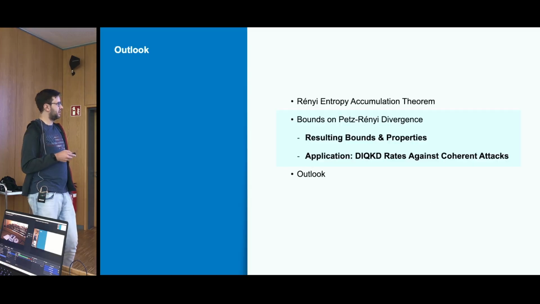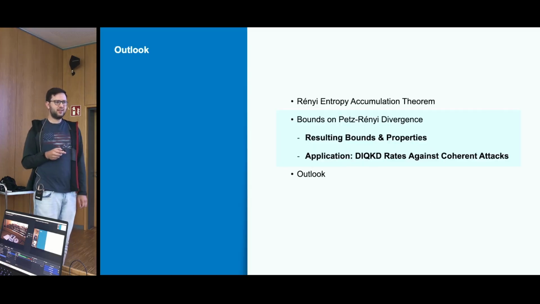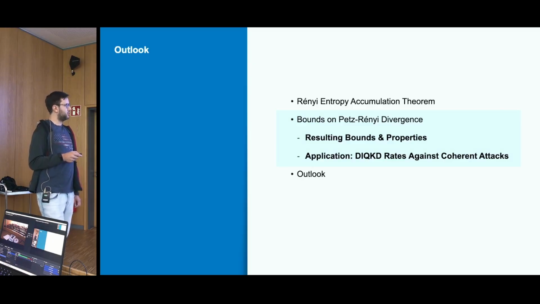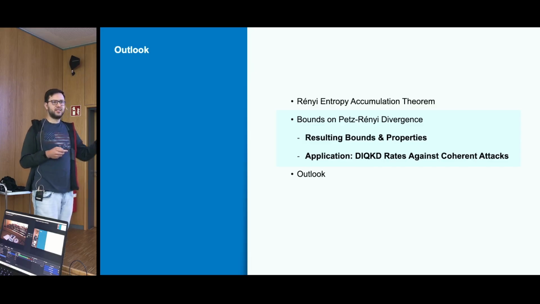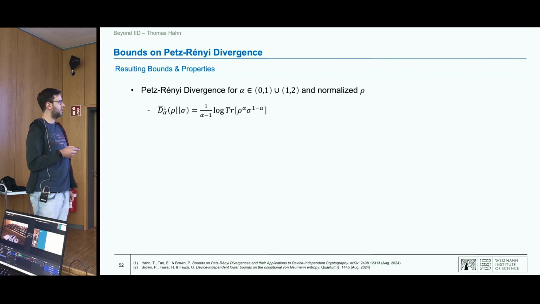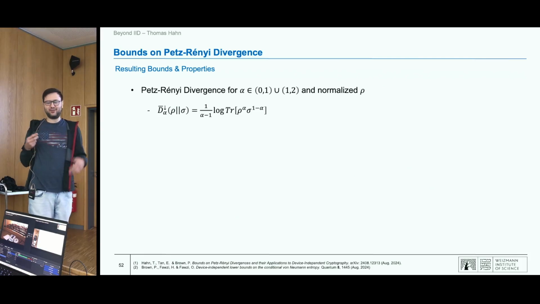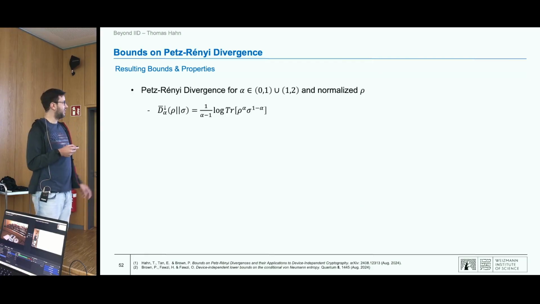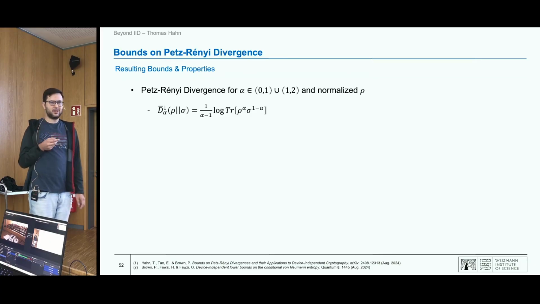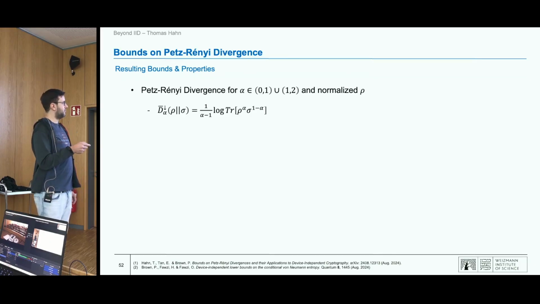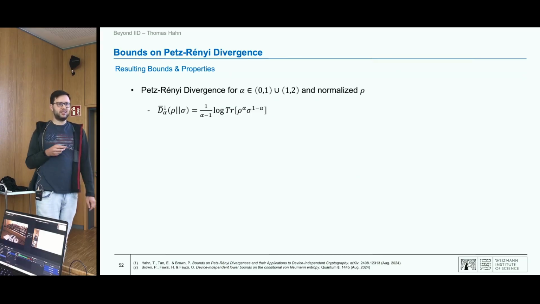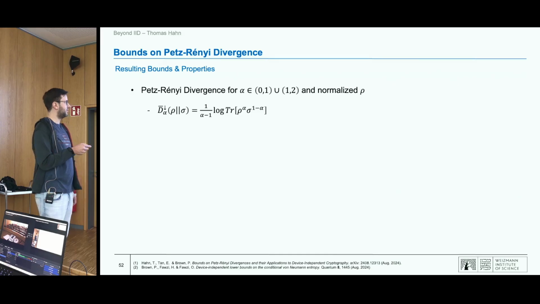Let's now talk for a second about Petz-Renyi divergences. Here, I want to show that one can actually bound them using a variational approach, and then I want to show how this is actually useful when combining it with the Renyi EAT. So most of you probably already know the Petz-Renyi divergence, and if not, have seen it during one of these talks. So whenever rho is normalized and sigma is some positive semi-definite operator, then it's just given by this expression: trace of rho to the power alpha, sigma to the power of 1 minus alpha,